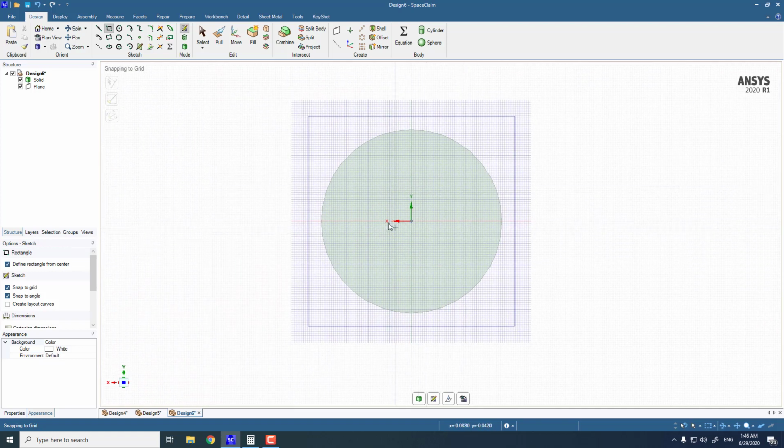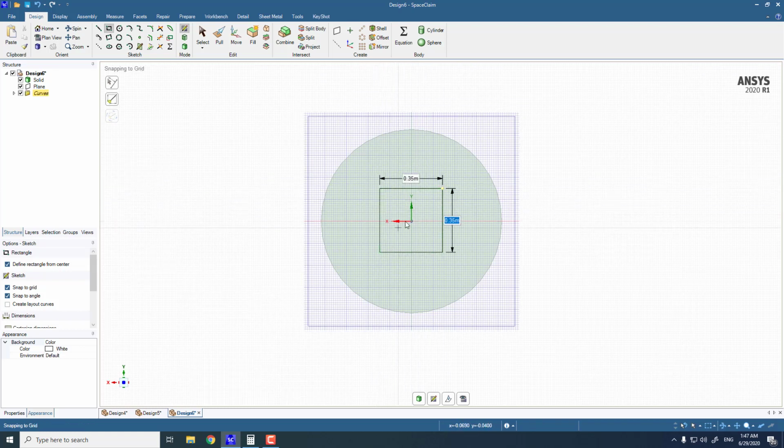Because we want the geometry to be done in a way so that we can have a uniform mesh across all sides, that's why a rectangle which is at the same distance from all sides is necessary here. And in CAD software, you can put a constraint to make the geometry symmetrical around the X and Y axis, but in this way you can have directly symmetric geometry along the X and Y axis. So let's say I put my rectangle up to here, or this cut in the cylindrical body.